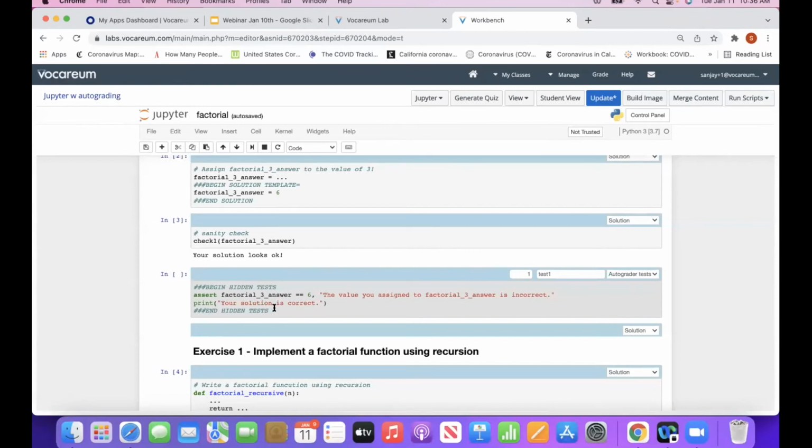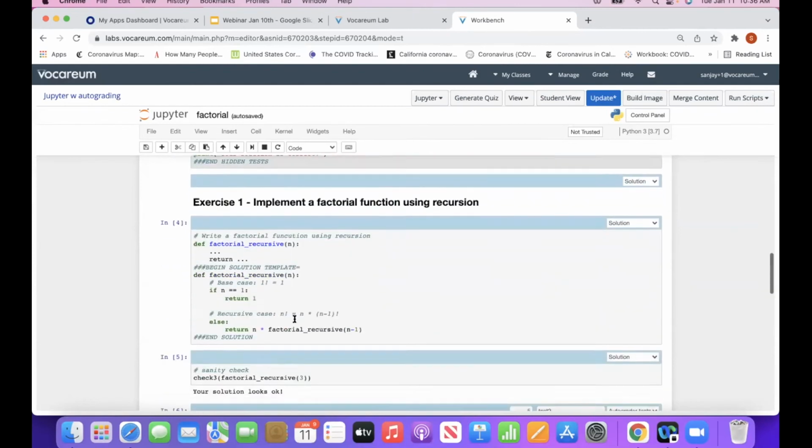This is not Vocarium's; we are just implementing the Berkeley NB grader methodology here. And then you can put an assert here. Whatever you assert, if it's triggered, the learner will get a 0. In this particular case, as you can see, we are asserting that factorial 3 is 6, and same thing here with